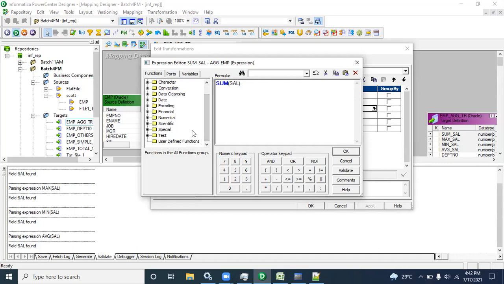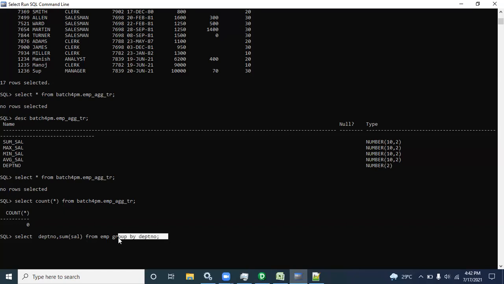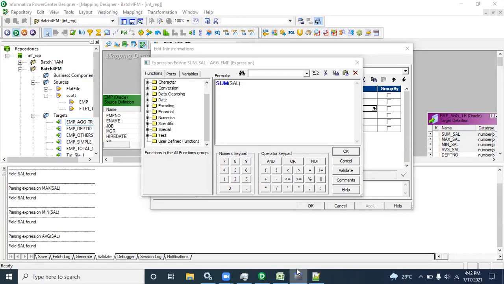The problem is that you should know where you can use which functionality. That is the only thing. Apart from this, you don't need to do anything. If you know where to use which functionality, you can just select it. When you are working with Oracle, you have to remember group by, sum, salary, aggregator. But here no need to remember. At least you should know which functionality where you have to use.